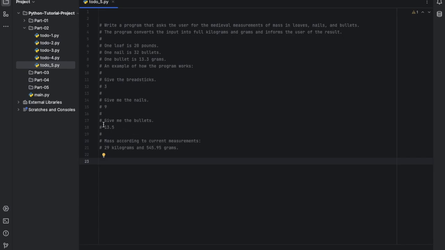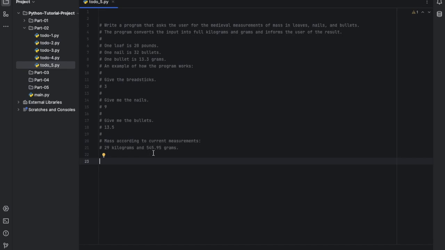So the calculation, if it is correctly calculated, the result should be this. Here is a message for the answer, for example: mass according to current measurements 29 kilograms and